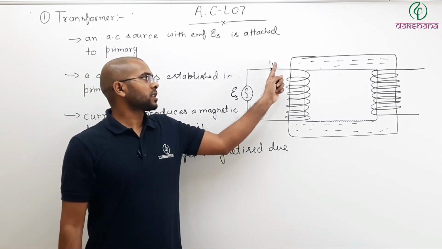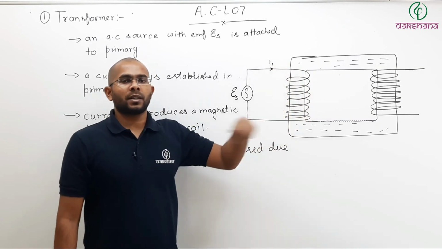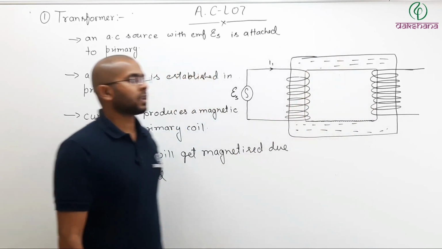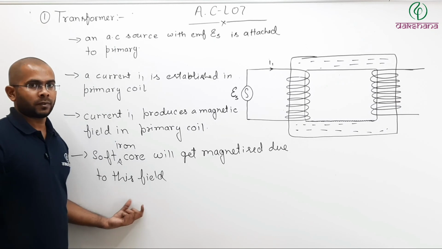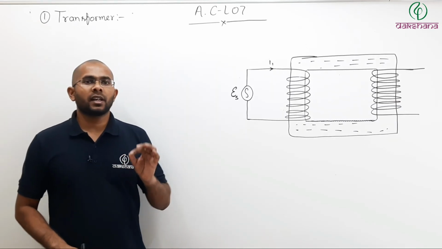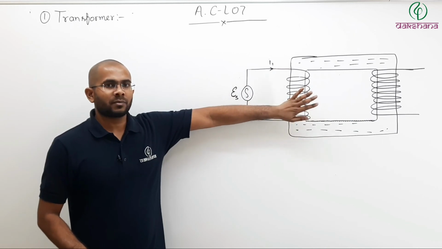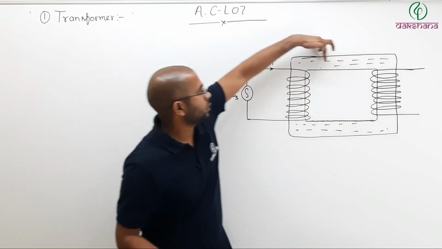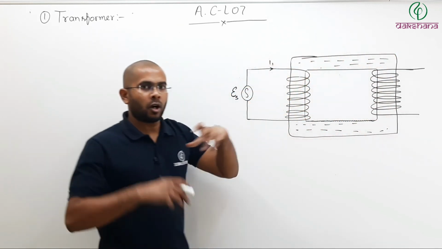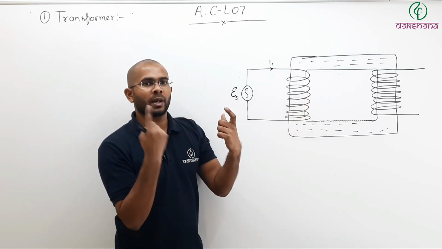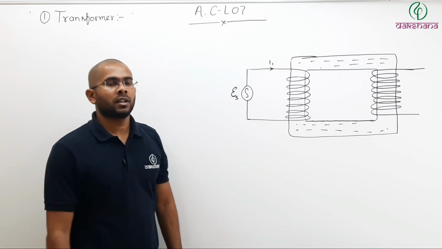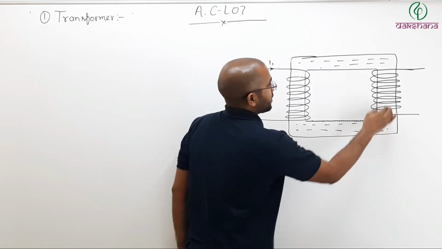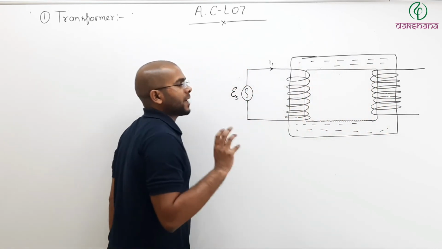So this source produces a current in this coil. Because of the current, a magnetic field is produced, and because of that magnetic field, this soft iron core gets magnetized. Pause video, note it down, we will discuss further. Now, until now, because of this current there was a magnetic field, and because of the magnetic field this core was magnetized. Here, this core is one. On the same core, on one arm there is the primary coil, on the second arm there is the secondary coil. Since the core is getting magnetized, throughout this entire soft iron core a uniform magnetic field will be present.